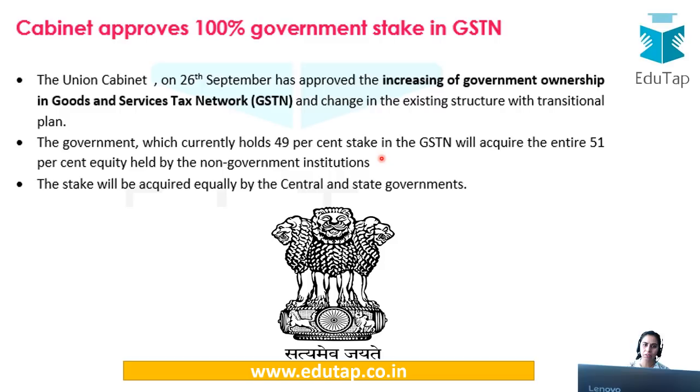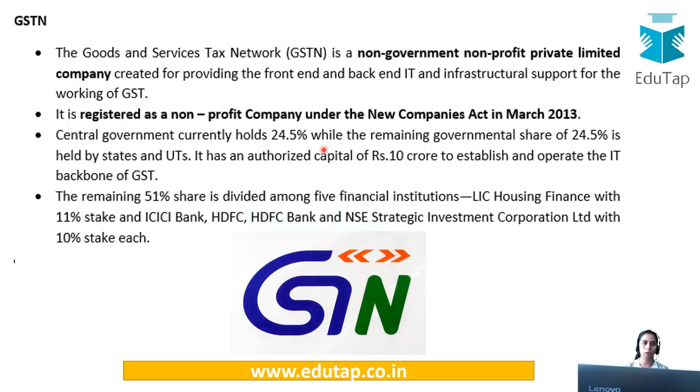Now see, these are certain very important points you need to keep in mind, that till now the government had this particular share of 49 or 51. So the government had the lesser share of 49%, and now it is going to have a complete 100% share. So here you can read about GSTN, particularly a non-government, non-profit private limited company. Private limited, that means 51% would be with the private partners. Also it is a non-profit company, and till now you need to know, you just go through this slide